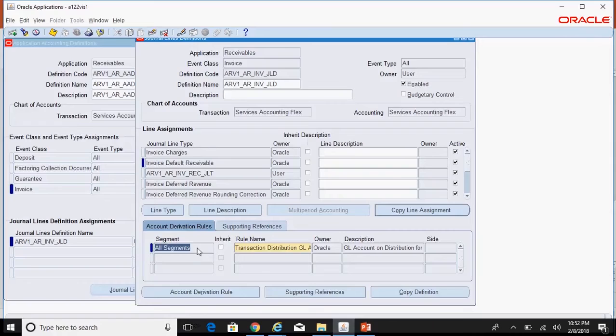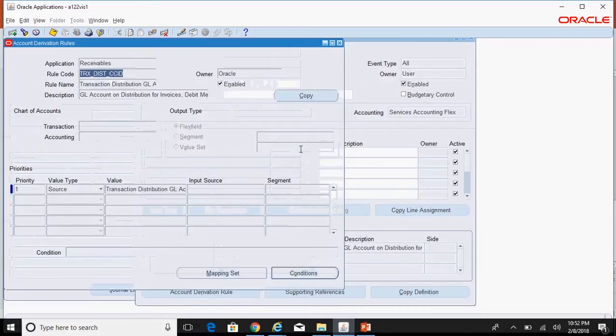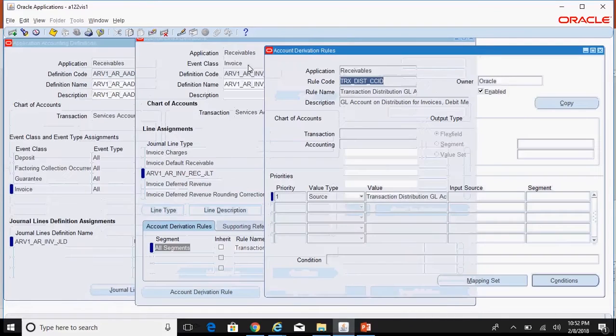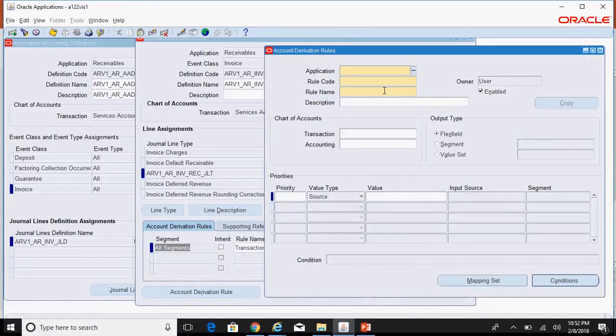So we need to create a new ADR just for the natural account. Click on account derivation rule, click on the plus button to create a new ADR. For receivables, you can just say ARV1_AR_REC. You can follow any naming convention, _ADR.